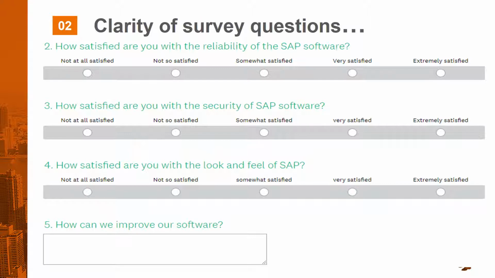A software always has the chance, opportunity for future improvement. So here we want to understand what the respondents think as to which areas will need improvement in their SAP software. You might be material management, you might be a basis component, you might be